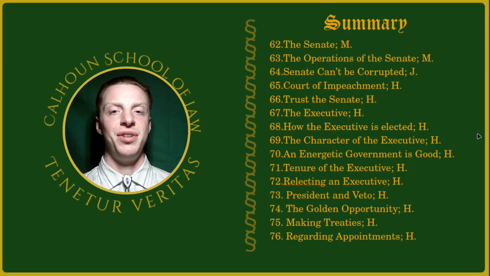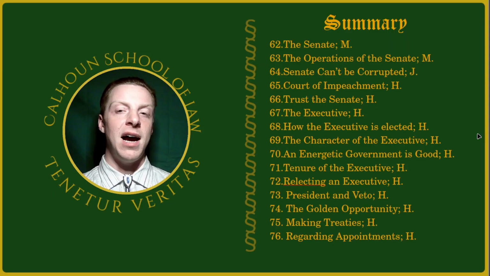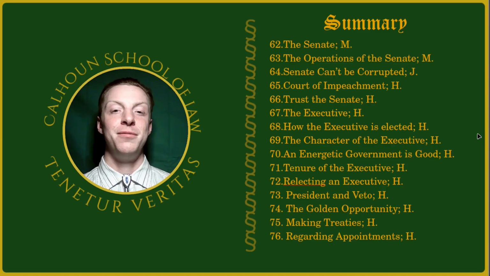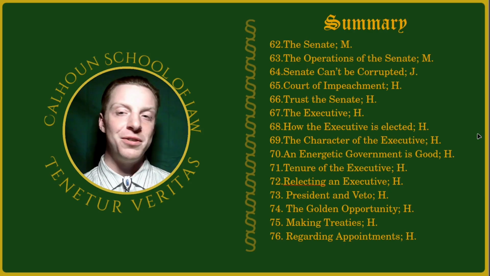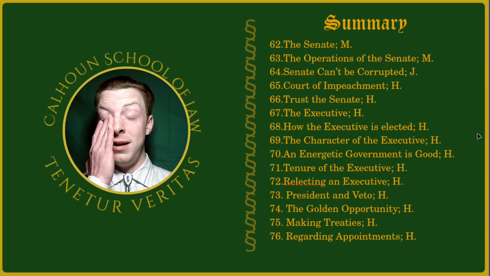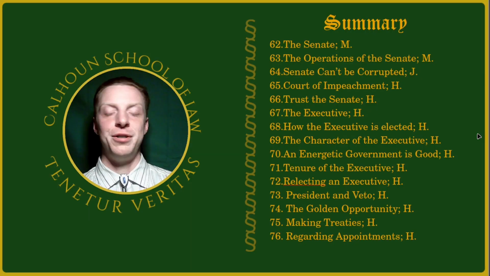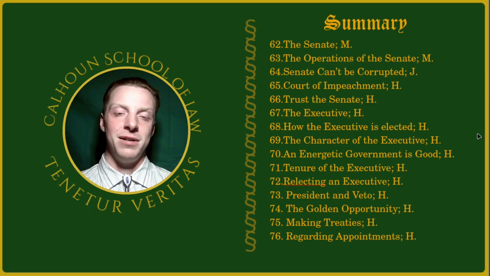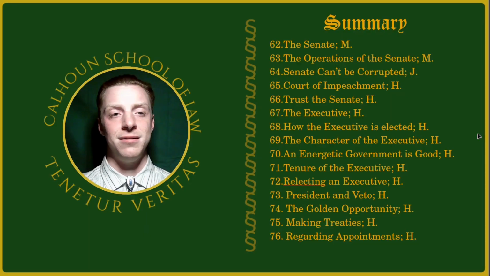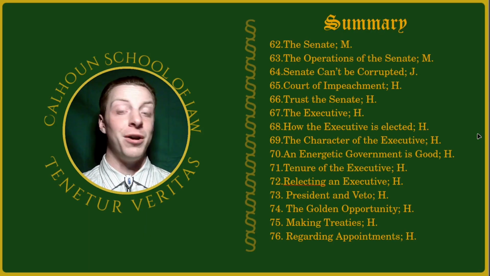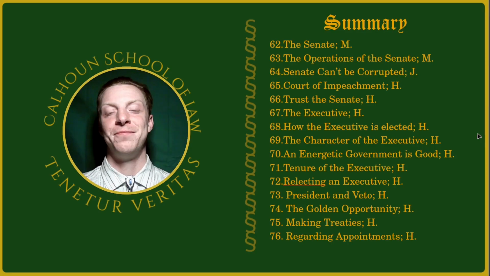64, written by John Jay, Senate Can't Be Corrupted. I would encourage y'all to read that paper, not because it has valuable information, but rather to show just how it was incompetence or malevolence that John Jay had. It really is quite comical how absurd and how caricatured he made himself. Because it was a total devotion to this idea that union government officials were going to be the perfect and angelic men. We all know that's not the case, but that's what John Jay believed.